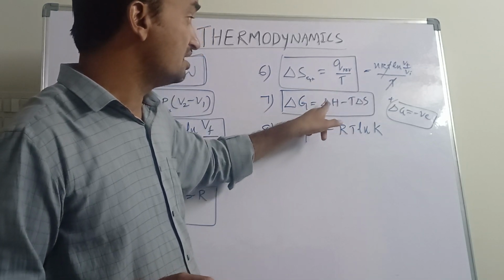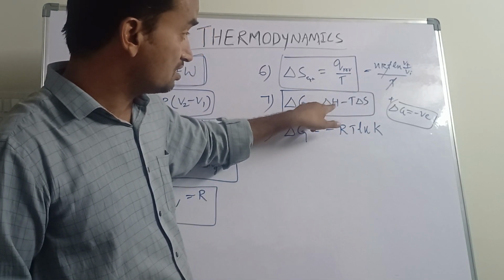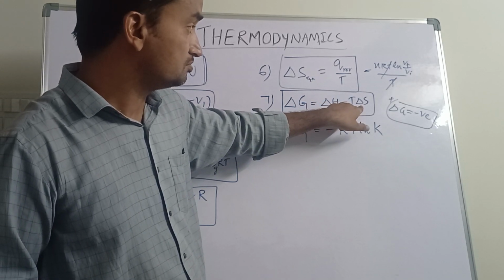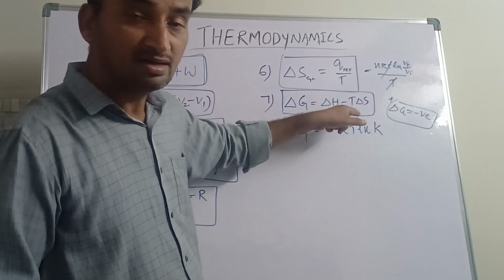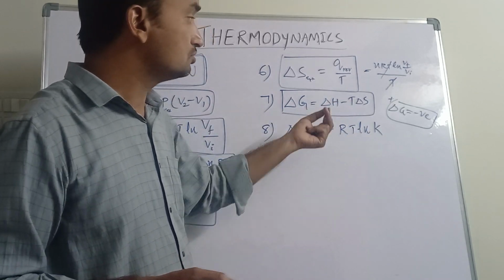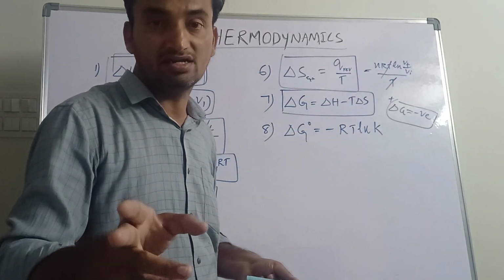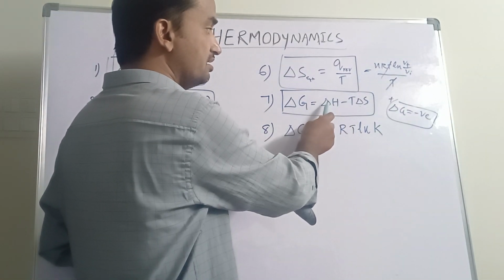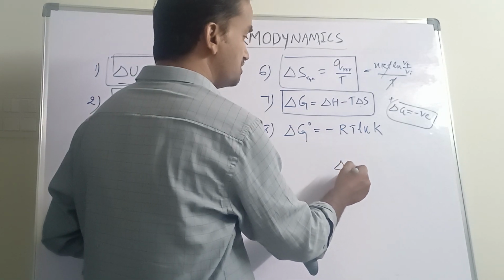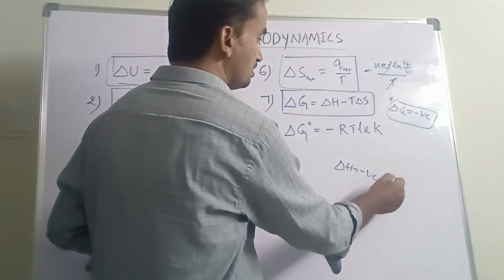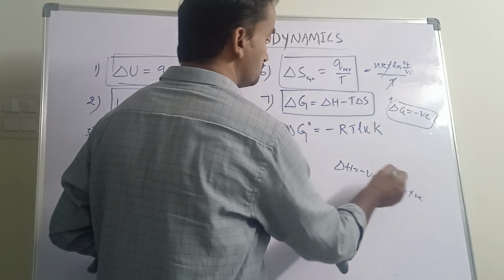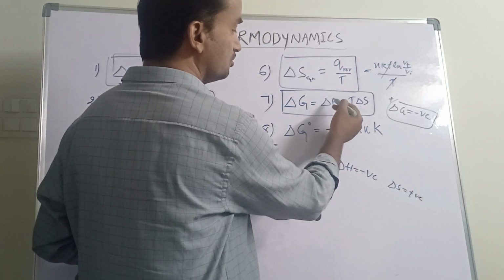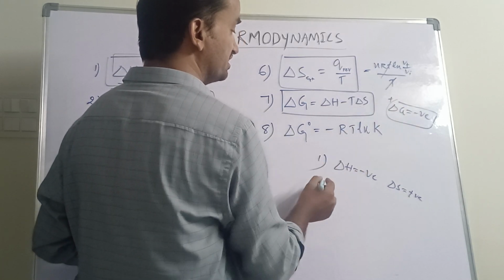Now another condition. Delta H negative, delta S positive. That is also a third possibility. Okay. So you can go through the three spontaneous processes. One is delta H negative, delta S positive. So the first one is delta H negative, delta S positive. This is the first condition. So negative, positive turns to negative, negative. So on the whole negative will be there. That is, the process is spontaneous. Second case,